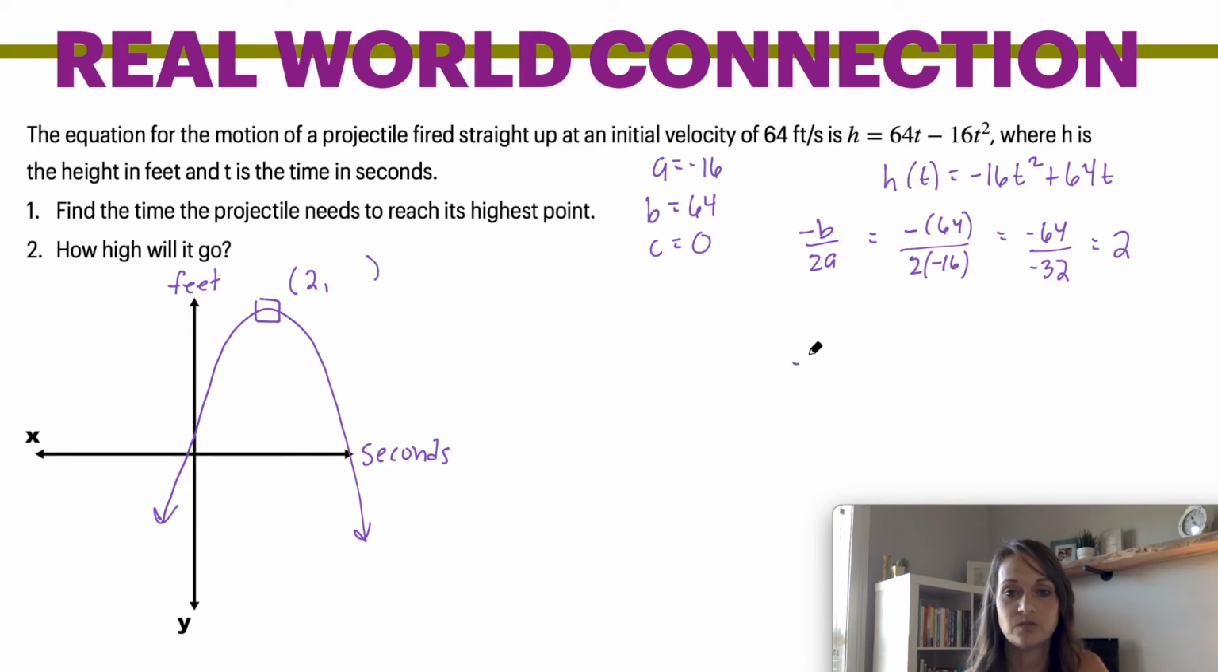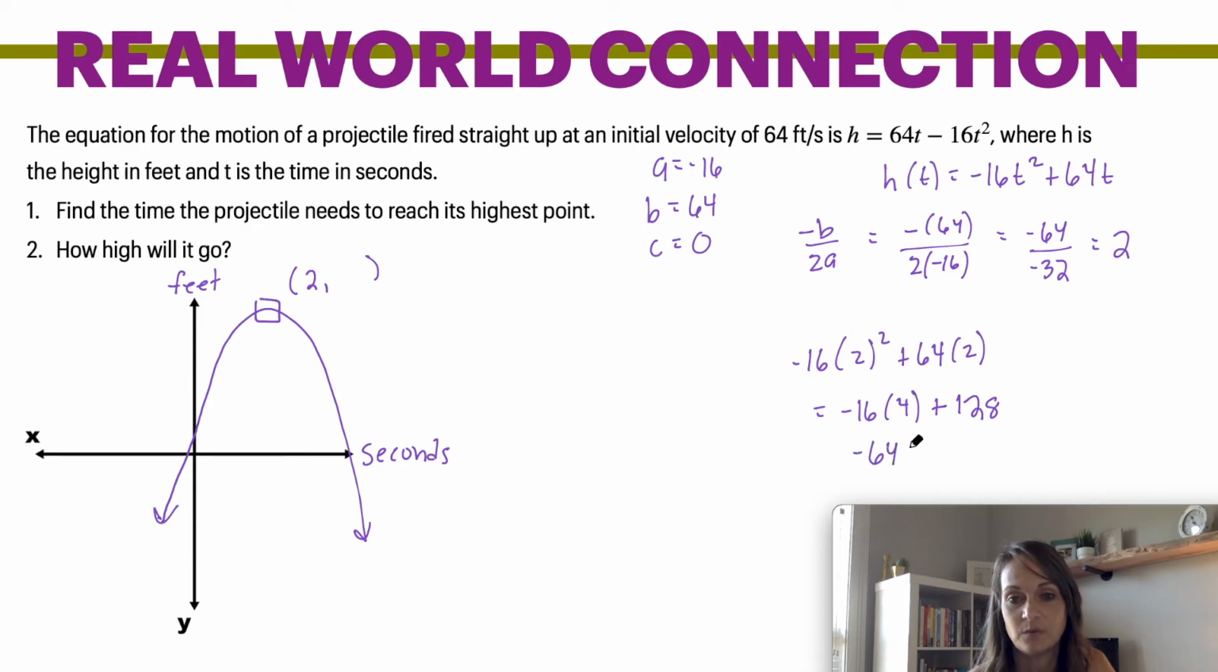So what we're going to do is plug 2 into t to find that y value. So we'll get -16 times 4 plus 128, because 2 squared is 4. -16 times 4 is -64 plus 128 is 64. So we know the vertex is (2, 64). So what we know is this means that it reaches